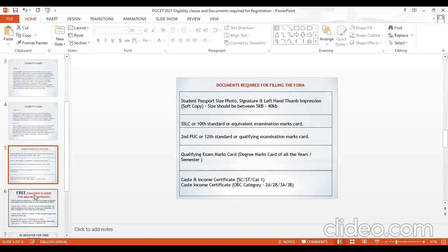Nothing like that. First sem, second sem together will become your first year. That's all. So this is also very important. So whatever you have not got the results, I'll tell you what you have to do once we start filling up the form. Next thing, SC ST category 1 students,